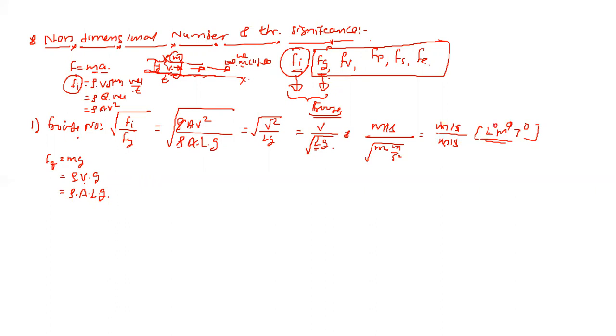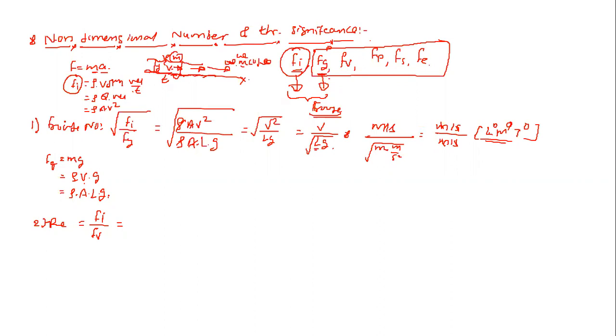Then the second non-dimensional number, which is used most of the time, is the Reynolds number. Now which forces does it include, or which predominating forces are considered? The inertia force and the viscous force. So the Reynolds number we can define as the ratio of the inertia force to the viscous force. Means in the Reynolds number, along with the inertia force as a dominating force, another force which is considered is the viscous force.